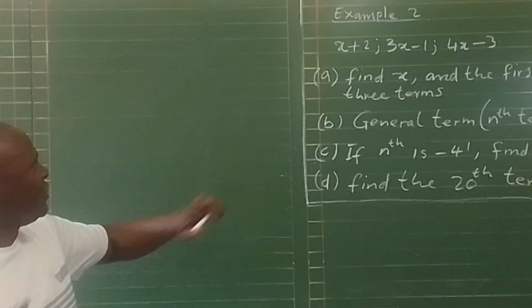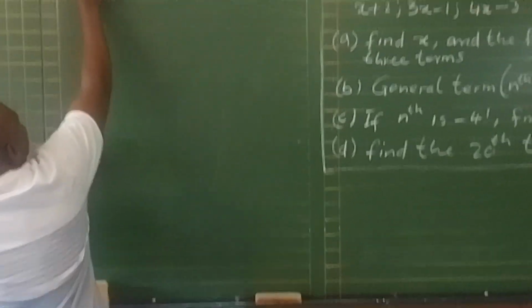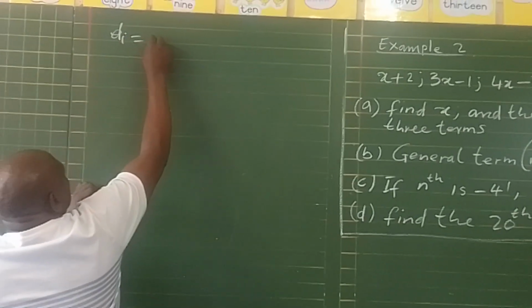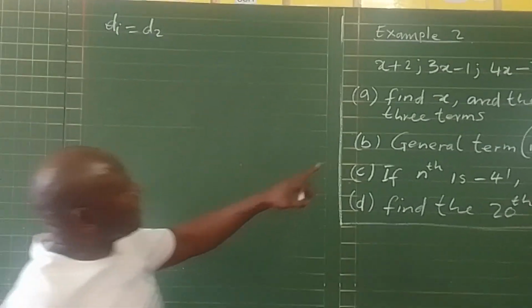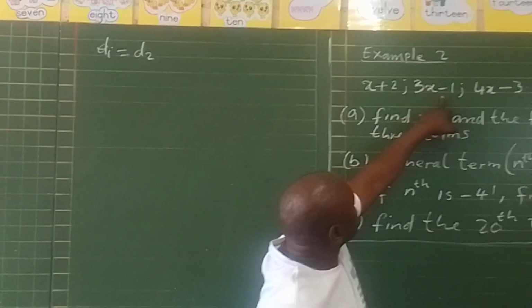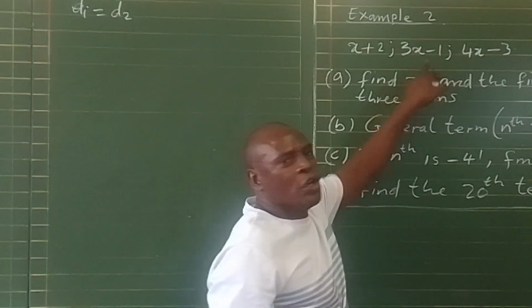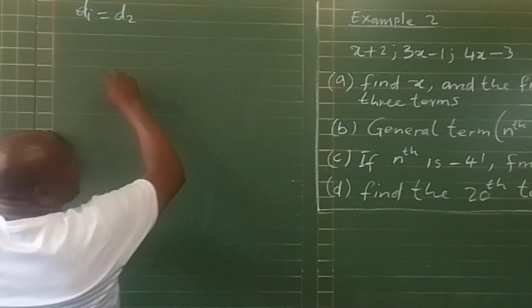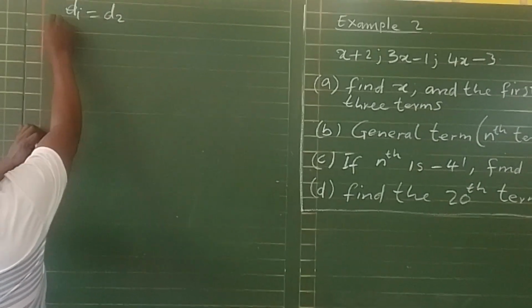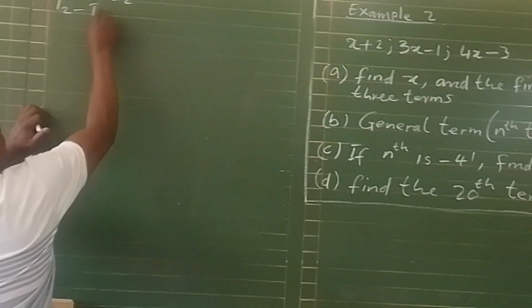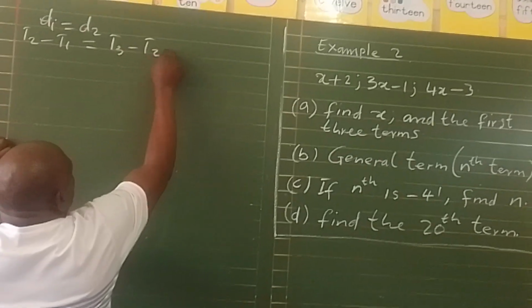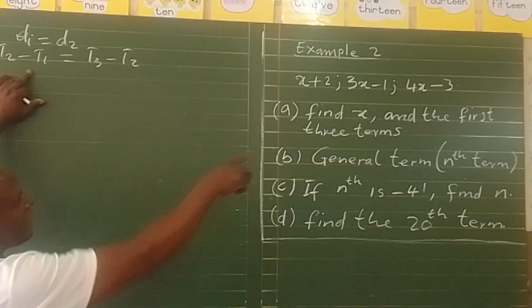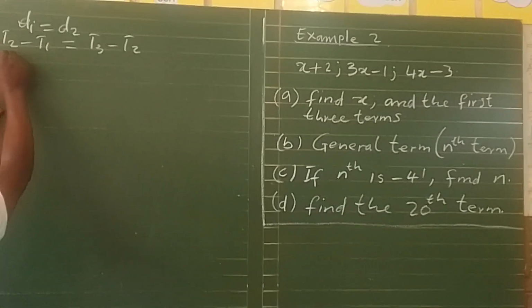So now I come and see who has done this. The first thing that you do, you find that D1 must be equal to D2. The common difference 1 is the same as the common difference 2, which is T2 minus T1 is equal to T3 minus T2. What is T2 minus T1? There you go. It's 3x